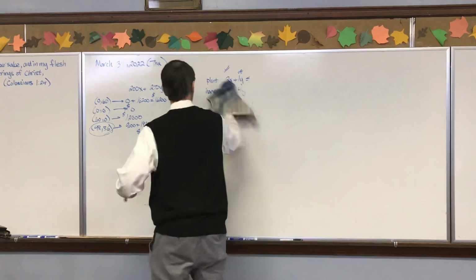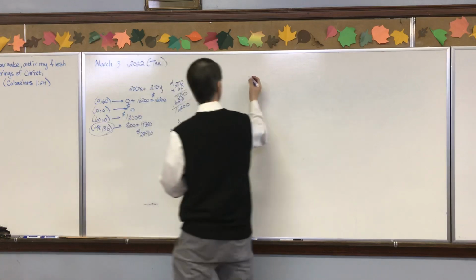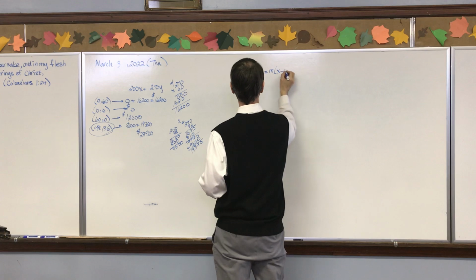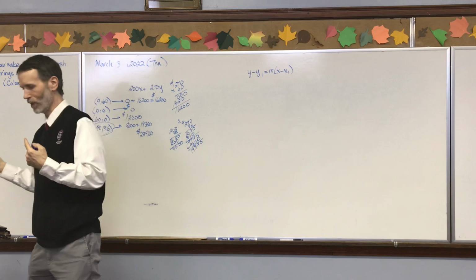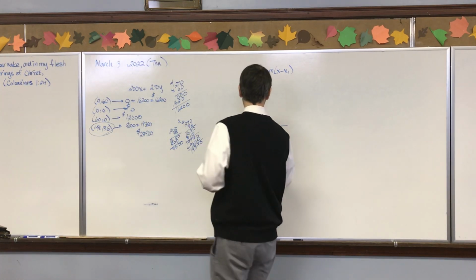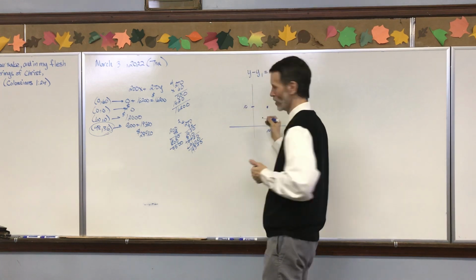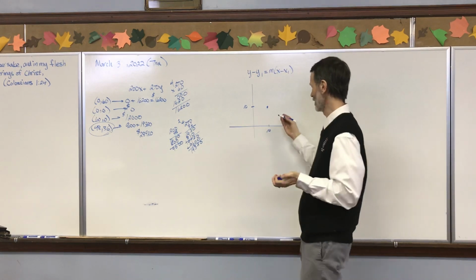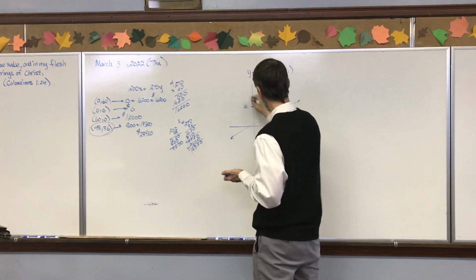Now, point slope form, if you remember from a previous chapter, looks like this: y minus y1 equals m times (x minus x1). So if I want two inequalities in that form that include (10, 10), here's what I would do. I would graph it first. I want my solution region to cover that. Now I want to just make up a couple of lines. If I have a line here and a line here,